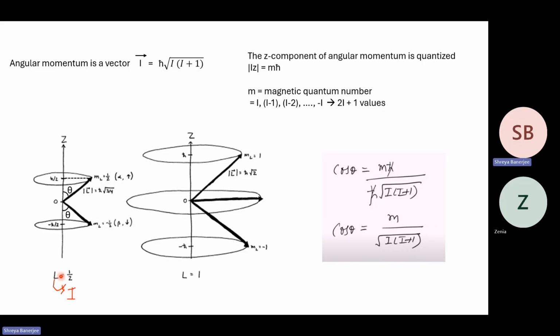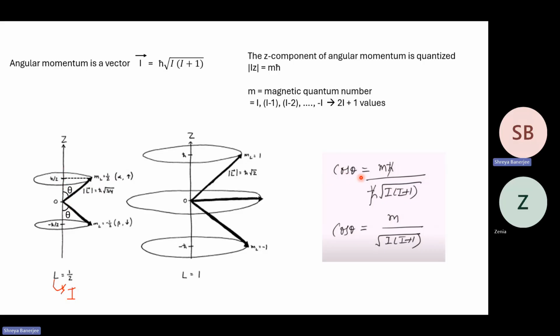So I value half means that m can be minus half or plus half. So the z component can be h bar by 2 or minus h bar by 2. That is these two z components. And there is a certain angle theta that the vector makes with the z axis. In order to calculate this theta,